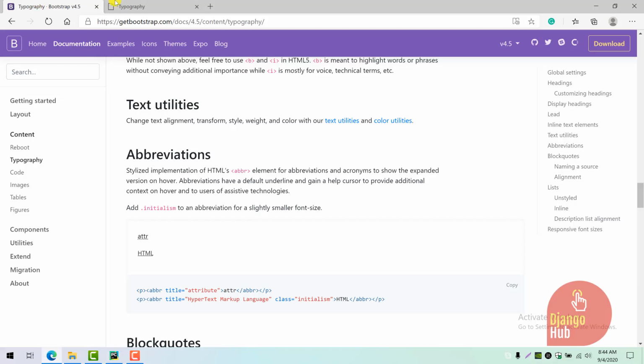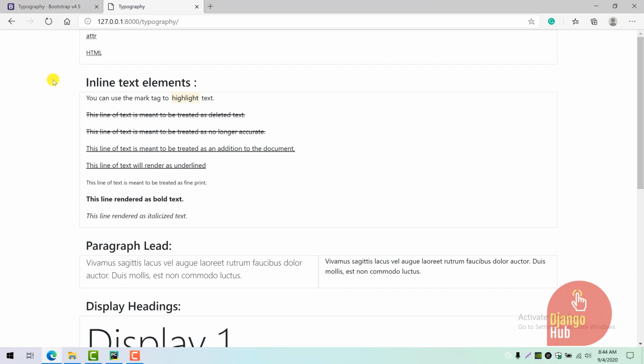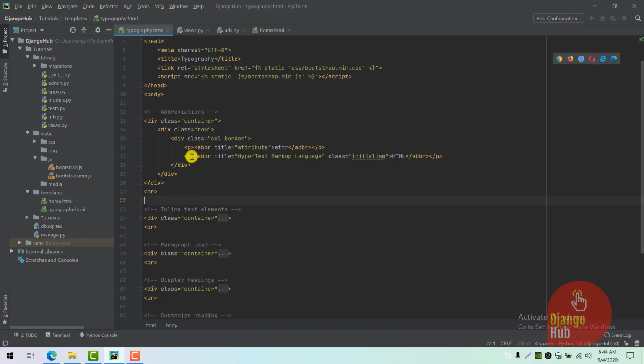Let's refresh our template. Great, have you seen the abbreviations? When you keep your mouse over the ATTR, it is showing attribute, that is shorthand for attribute, and HTML is showing hypertext markup language. So we can create any abbreviation here, just you have to use abbr tag. This tag can be nested inside any tag. For example, you can use p tag or h tags, h1, h2, or any tag, span or any kind of tags you can use, but it has to be nested inside your parent tag. Alright,